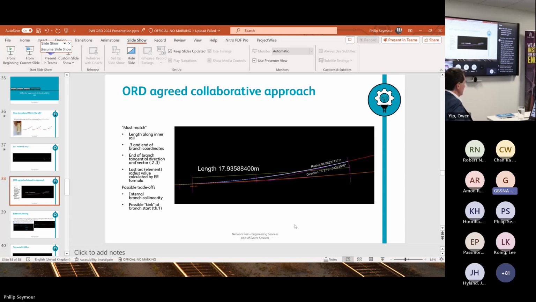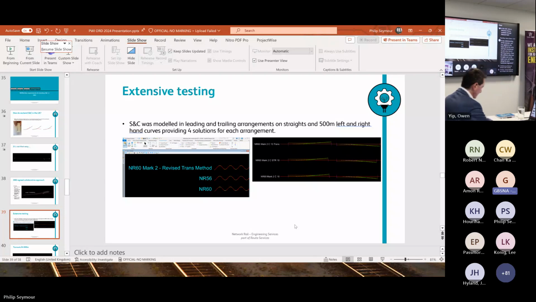Again, this is a huge amount of work that's taken a number of months to resolve with Piotra and Kavanch and others to try and find the best solutions. And again, it's been iteration, check. Next slide, please. So as part of this validation, all S&C from all libraries placed on straights and 500-meter curves,